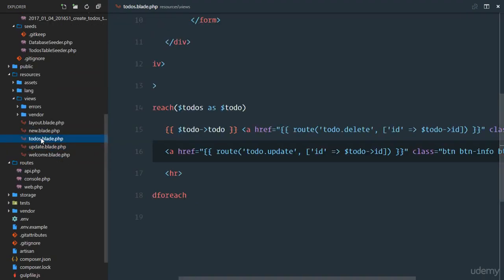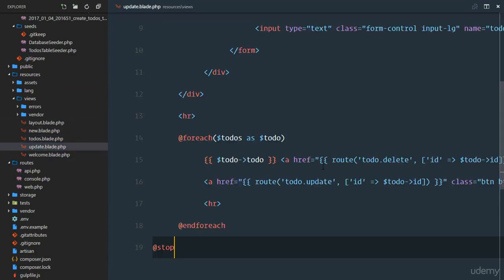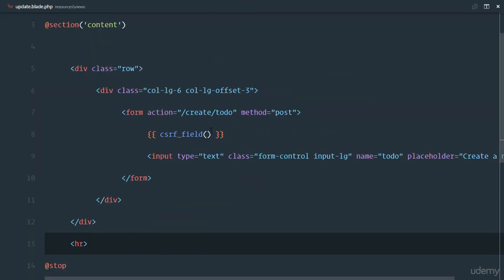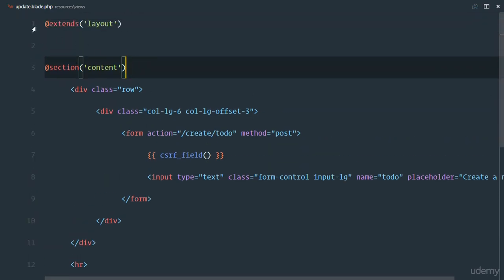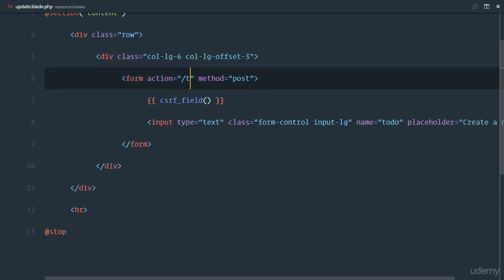I'll say update.blade.php. So I'll just come to my to-dos, and I'll copy that, and in my update.blade.php I'll paste it. Okay, and the next thing, I'll want a form. So I'll just go ahead and leave that form right there, and it's also extending the layout. Okay, so that's good. So right here, rather than saying the action should go to create to-do, I'll go ahead and say the action should go to /to-do/save. Okay, and the method is going to be post,